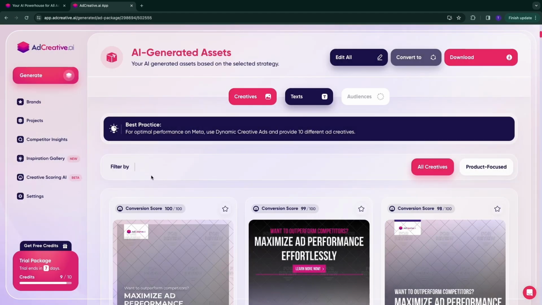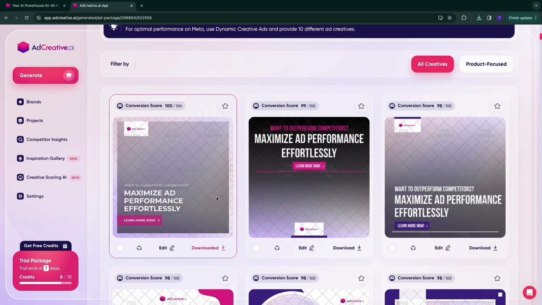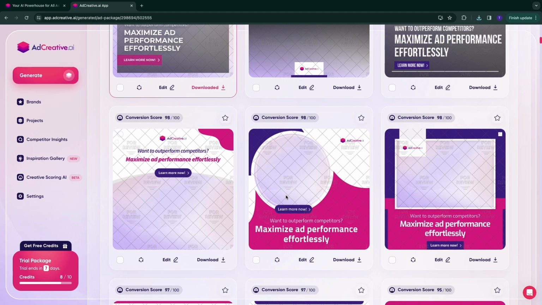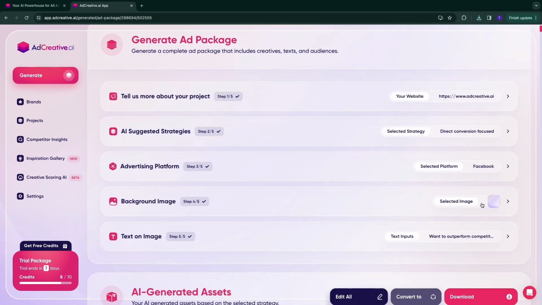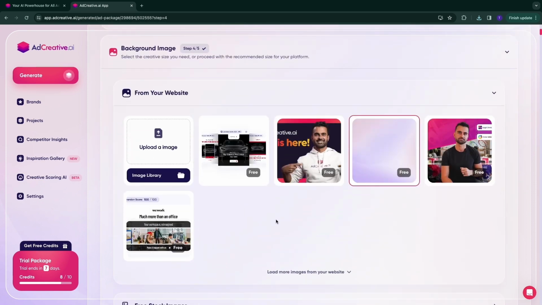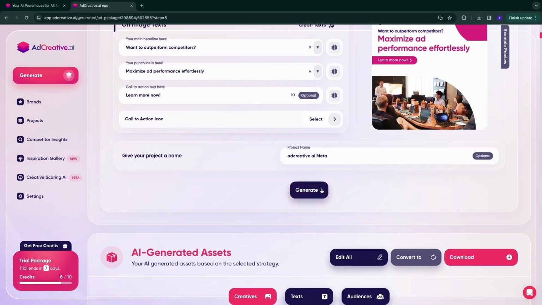So now here it has created the ad creatives for us. So now as you can see, these don't look very good, and that's because I picked a bad background picture. So I'm just going to select a different background image. You can simply go to the selected image here and change it really easily. So now as you can see, I have picked this image right here. So now when I do the same process and just go and generate them,